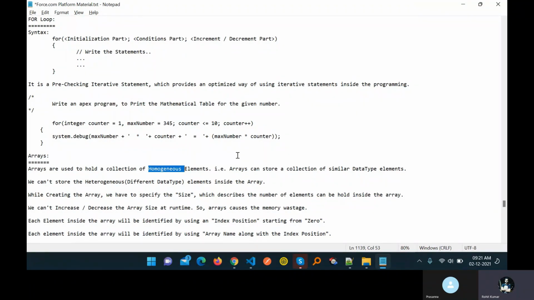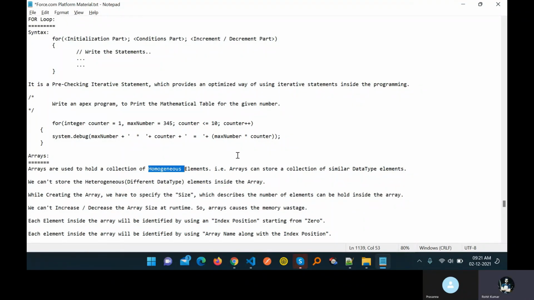Array is a kind of collection, but it holds homogeneous elements. Homogeneous element means the same kind of element. Like if you want to store some integer, you can store only integer, not a string. If you want to store a string, you can store only string, not integer. So you can store only one type of value under the array. Always remember, right?